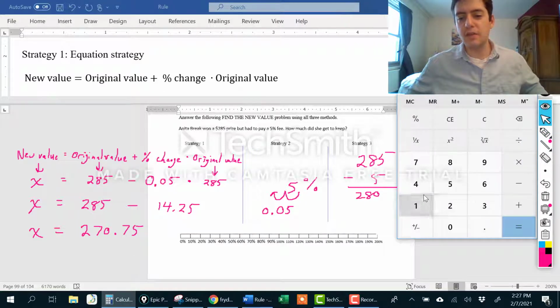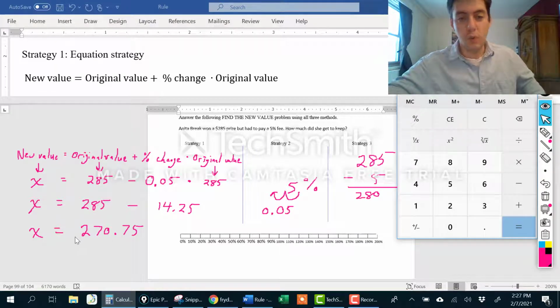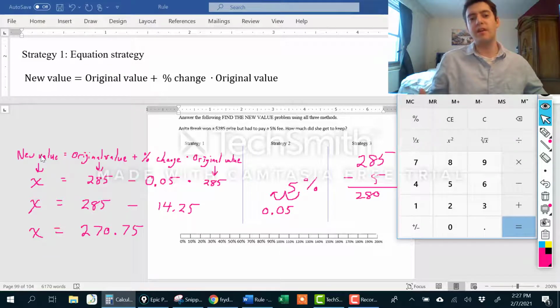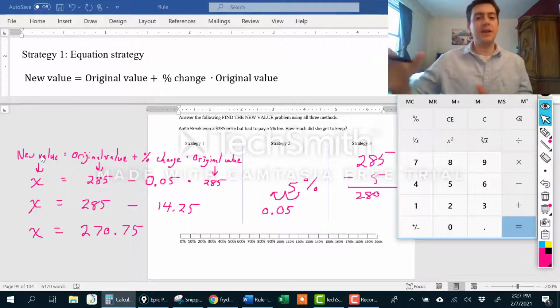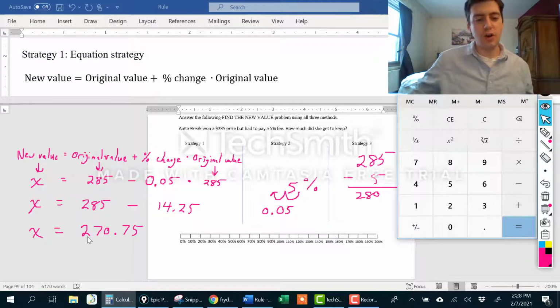285 minus 14.25. Yeah, 270.75. So this number represents what we were actually looking for. This is x, okay? X equals this. It is the new value. It's the new amount of money that Anita has after she paid that fee. So she was given $285, but then immediately she had to pay a fee, and so she only has